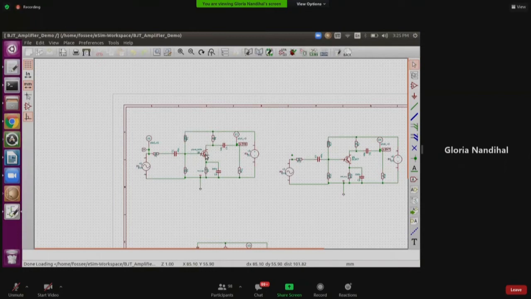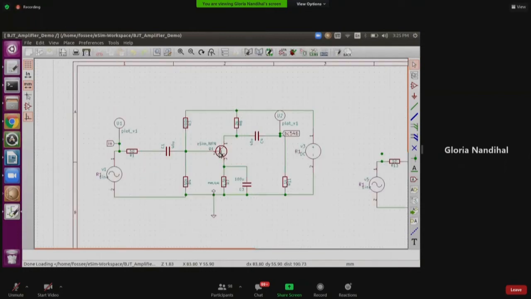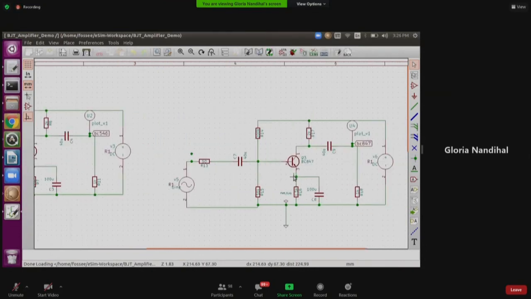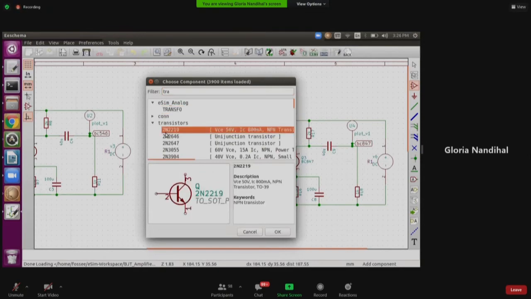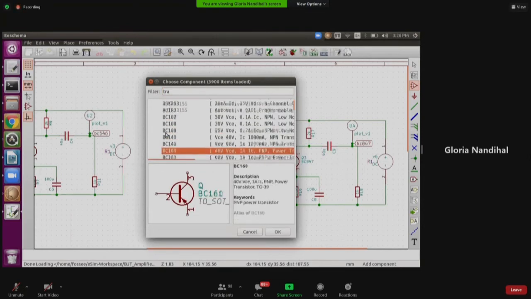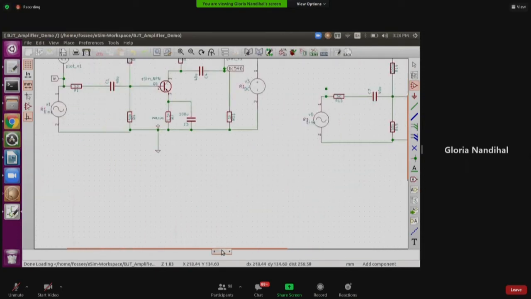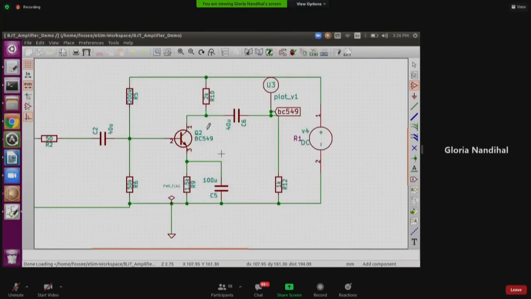Okay. So if you see, this is the eSim library, this one is a KiCad library, and this is also a KiCad library.